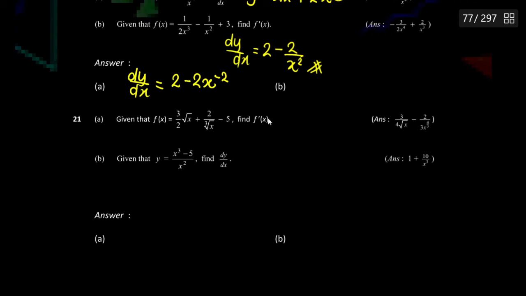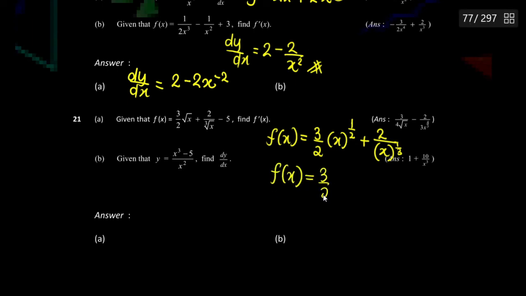If you have square root, what you do is change the form first. So 3 over 2 x power of 1 over 2. Square root, change the power. Power 1 over 2 plus 2 over, here will be x, what power? 1 over 3. Power 1 over 3. So if the x is down, don't leave it down. Bring it up first. Plus 2x negative 1 over 3. Bring it up first, then only you find the differentiation. So the first derivative will be,